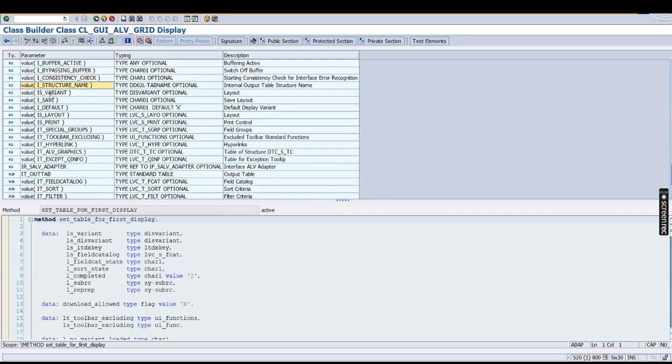We have seen how to use this. If you want to enable the save, default, layout, print, IT special groups, toolbar excluding. So this is what I was talking about. If you want to exclude some toolbar buttons, you can use this particular parameter, IT toolbar excluding. So copy this,